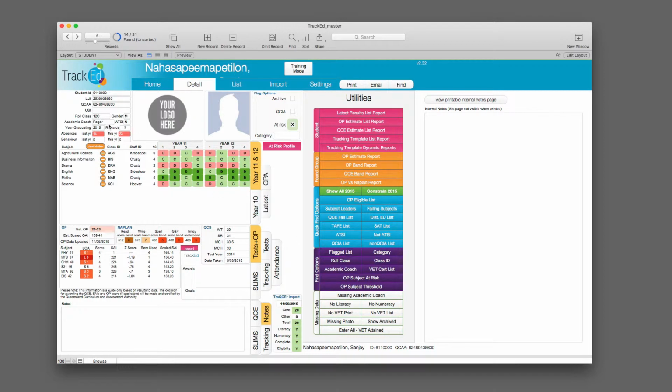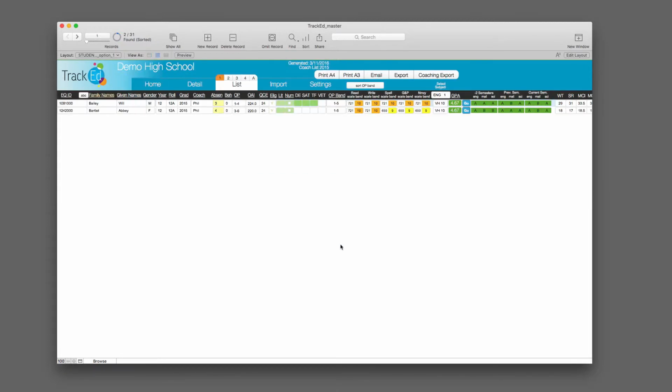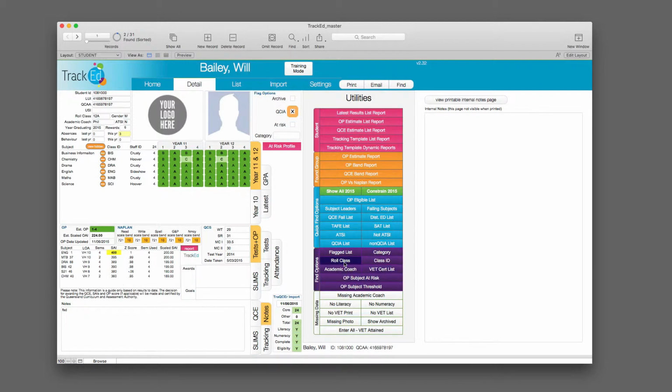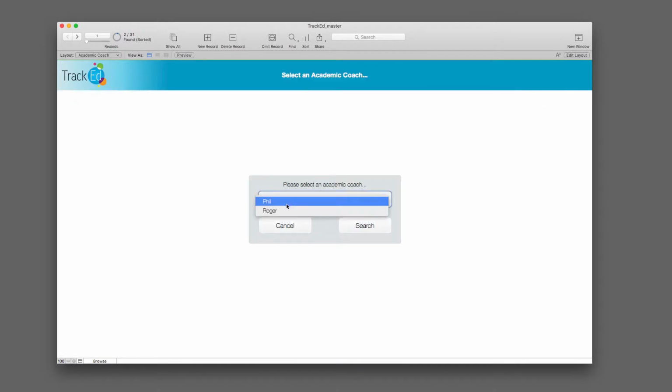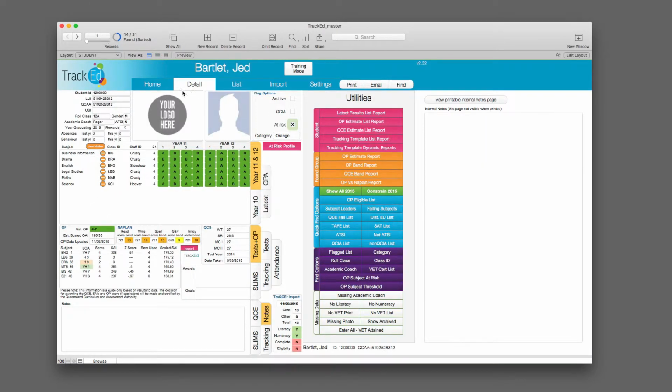I've actually set academic coaches for each of my students now, so those are in the system. And you could actually just do this by role class or however you're managing your groups that you're looking after. But in this case, I'm going to do an academic coach search, and I'm going to look for all of my students, so Phil. And I've found 2 of those, so let's just cancel out of there and I'll try Roger instead. Academic coach, Roger, search. There we go. So there's Roger's students. I have 14 of them,